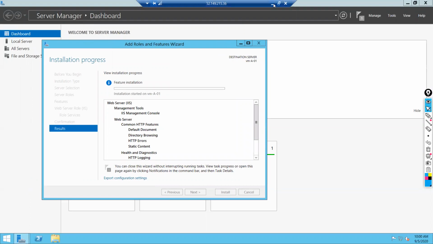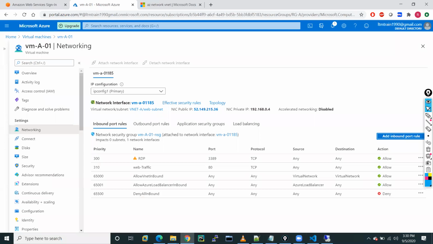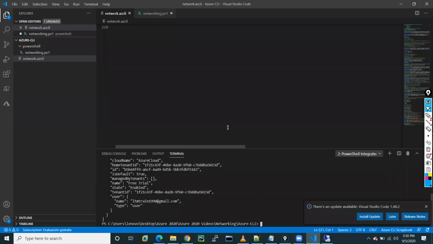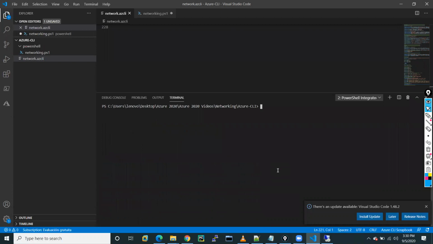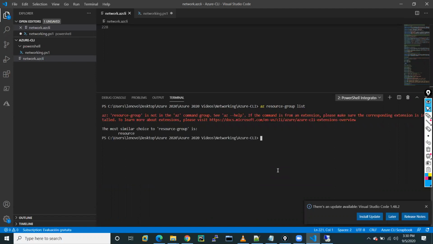So meanwhile, let me show you something by using the CLI. This command will give you the list for resource group.